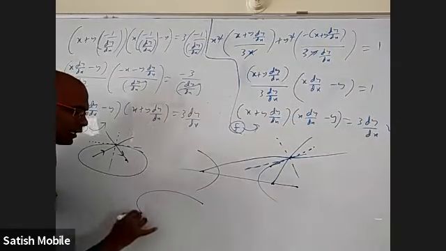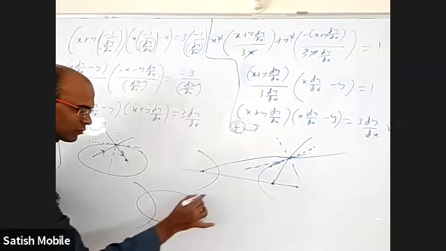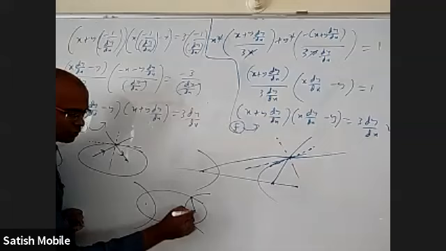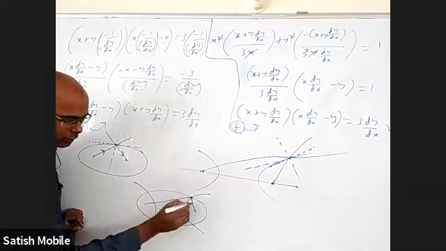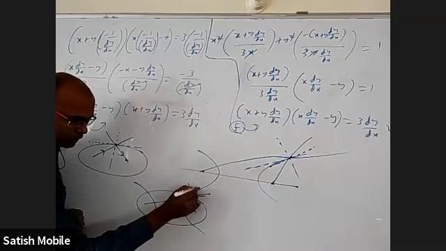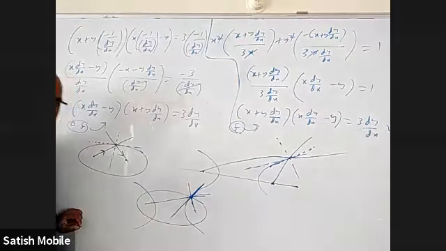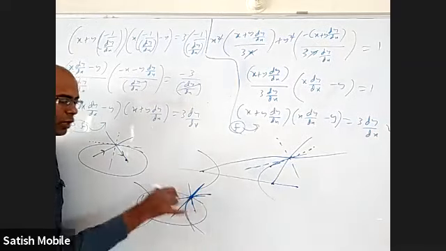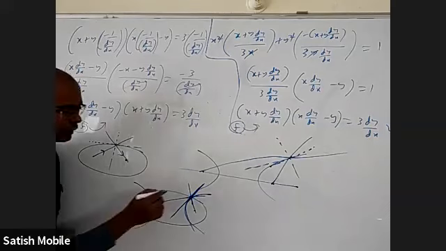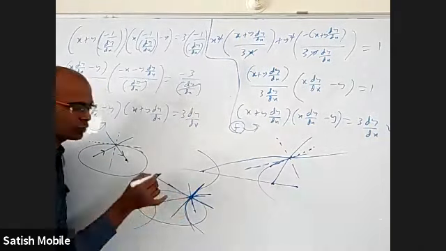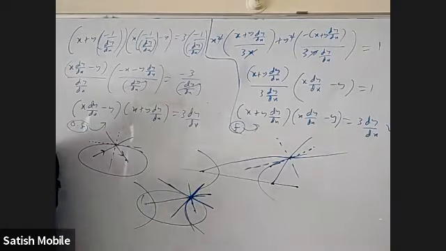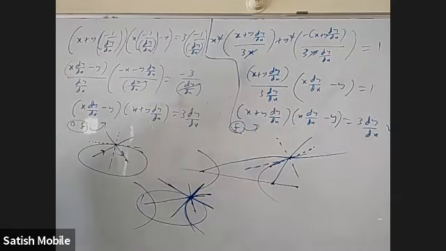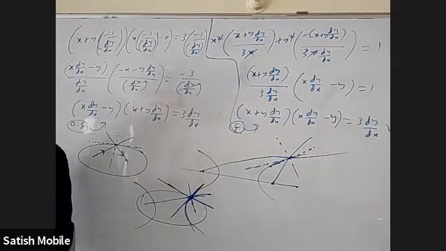Now, if you take an ellipse and a hyperbola which have the same foci, and take this point, join and extend it, this line which I have drawn should be tangent to the hyperbola and at the same time normal to the ellipse. And this line which I am drawing should be tangent to the ellipse and normal to the hyperbola, based on the reflection property of the ellipse and the reflection property of the hyperbola.